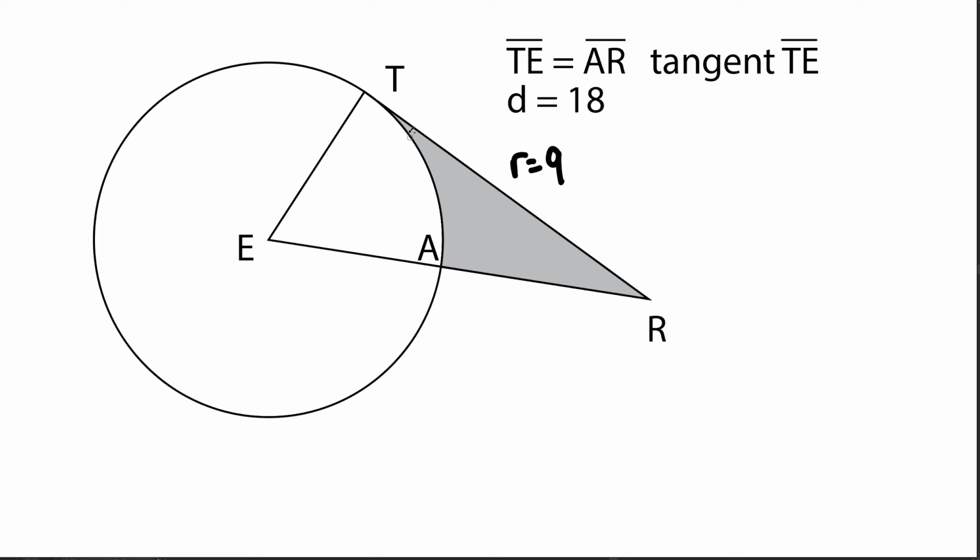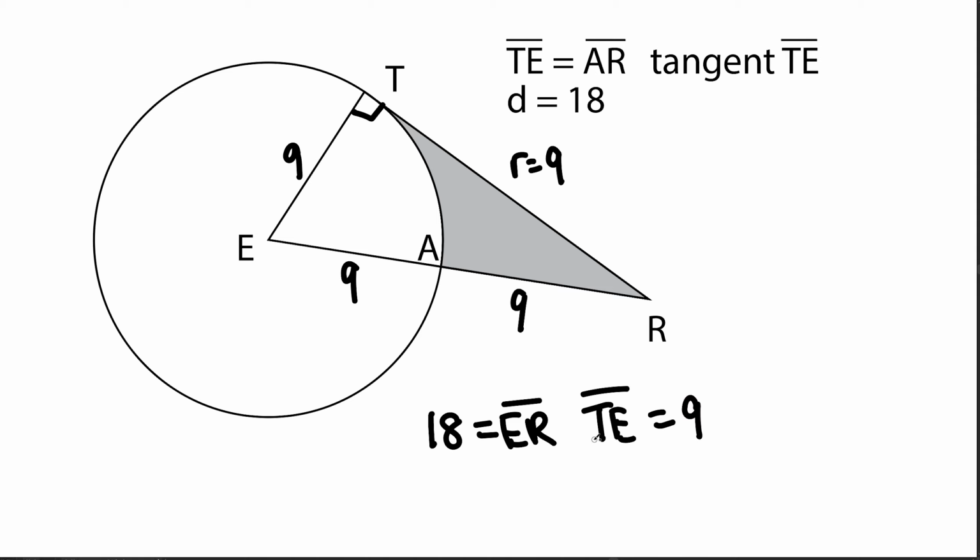Next, we know that it's tangent TE, so it's going to be a right angle right here. Next, TE is equal to EA, so if we were to label this diagram, EA would be 9 and TE would be 9. This is because they are radii, and that is because they extend from the center of the circle all the way to the end of the circle. So now AR is right here. Let's label that. So we have 18 for AR,